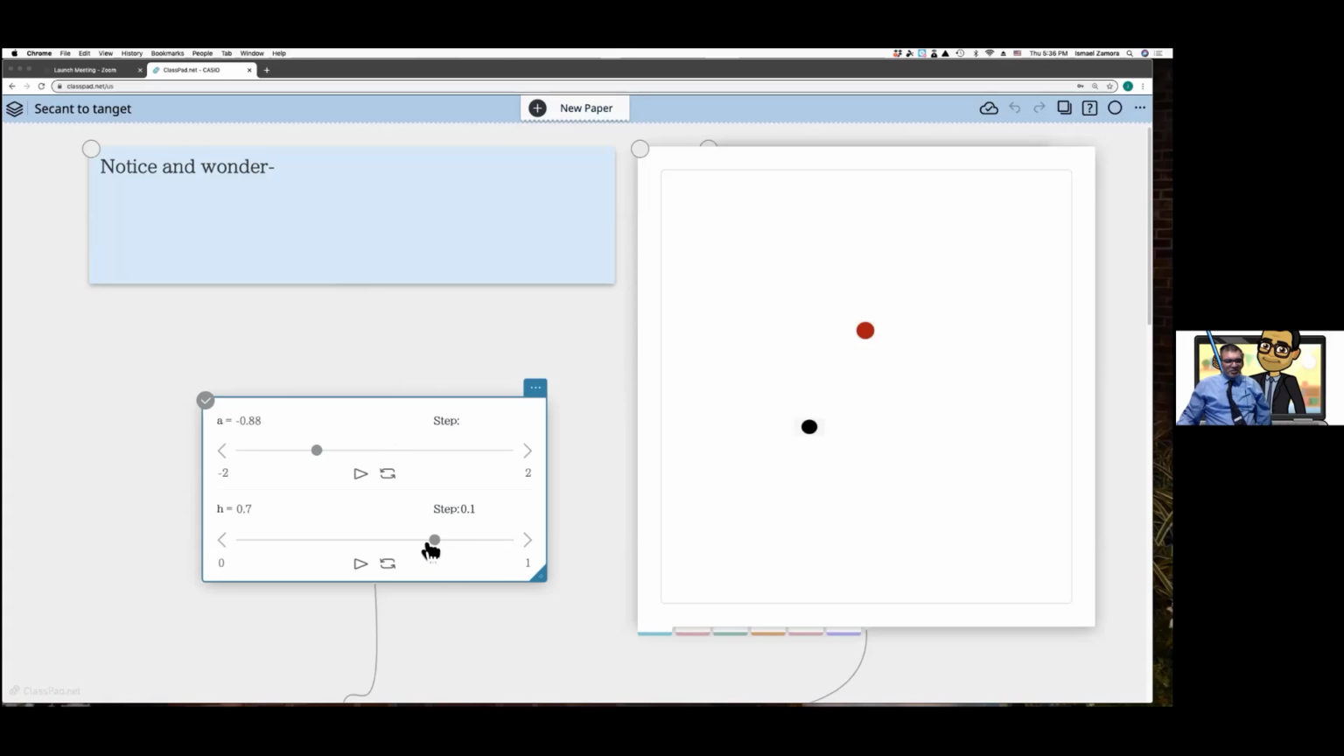Second is, what's H doing? So I'm going to move H a little bit. And it looks like H is moving them closer together. Down to